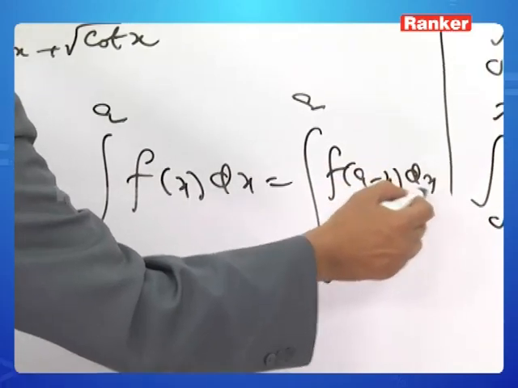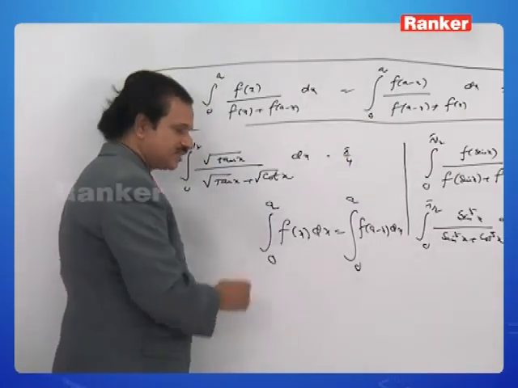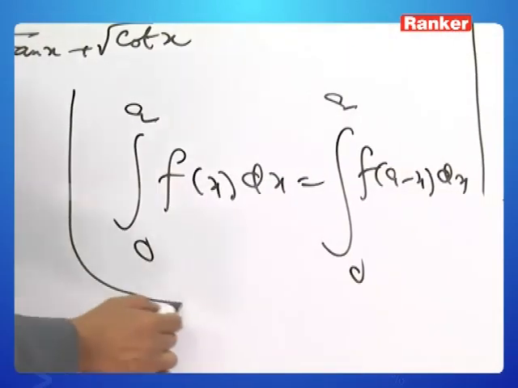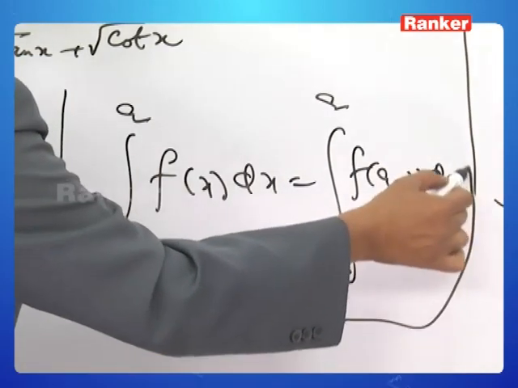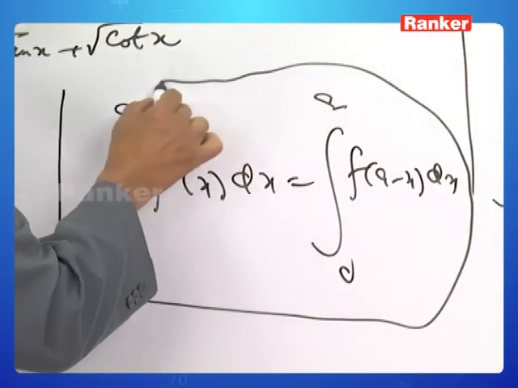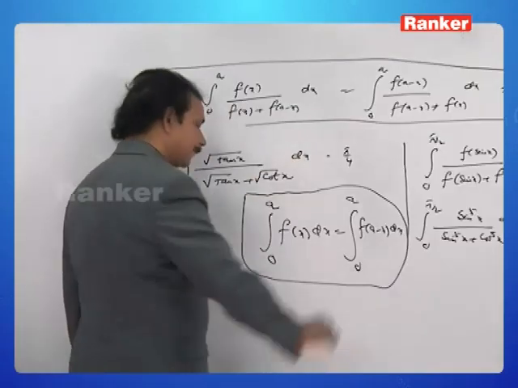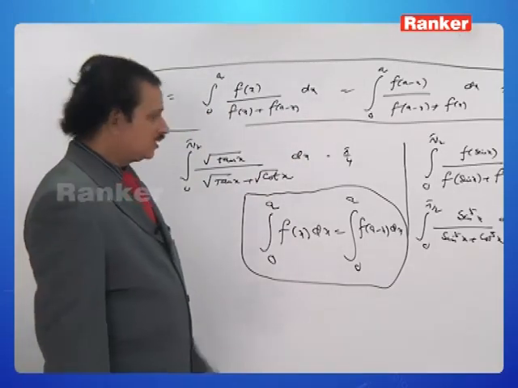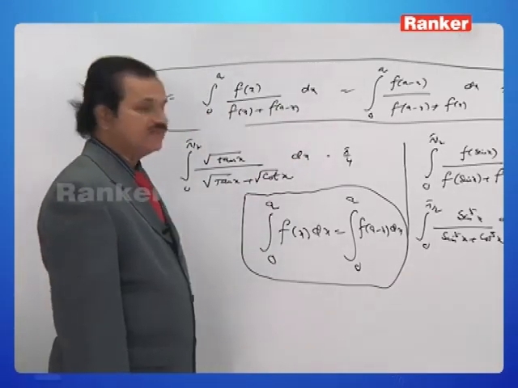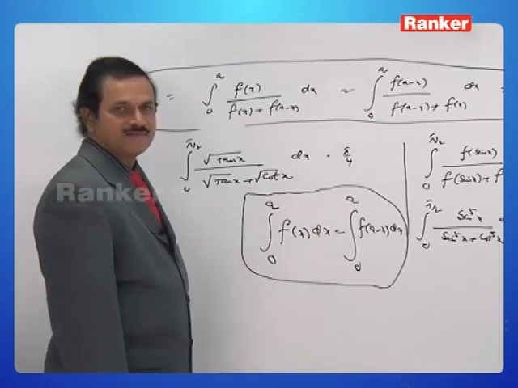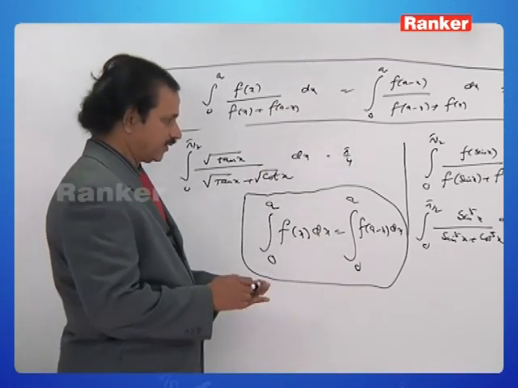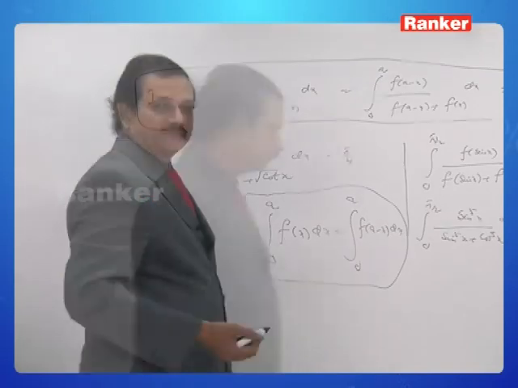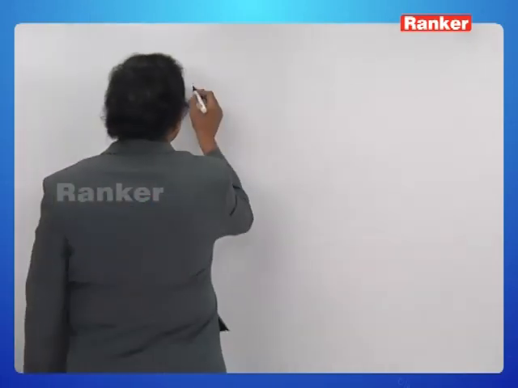Basing on this only, we could have got this result, isn't it? This is the basic part. Basing on this only, we could have arrived at that. Okay. Next one. The next result we have is